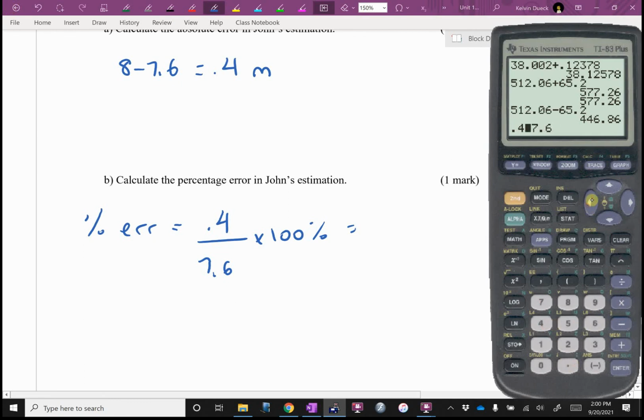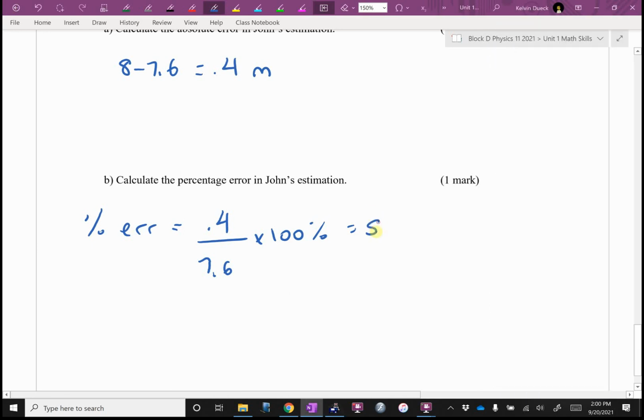Divided by 7.6 times 100. You get 5.263. You know what? I'm going to go 5.3%. If you said 5.26, that's fine. If you said 5.2, I'd probably take a half mark off because I'd say learn to round off, don't chop off. Right? Anyways,